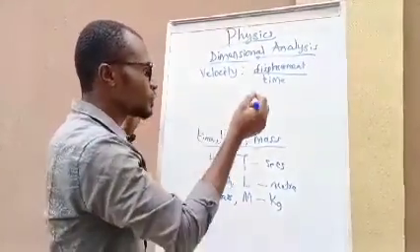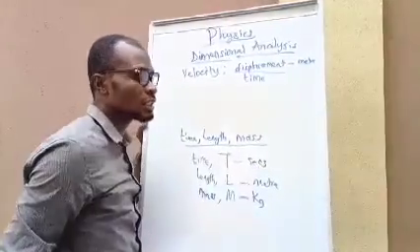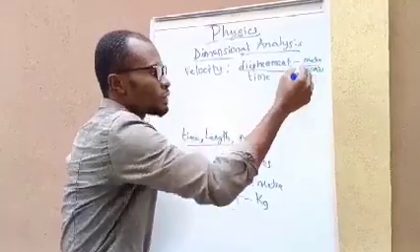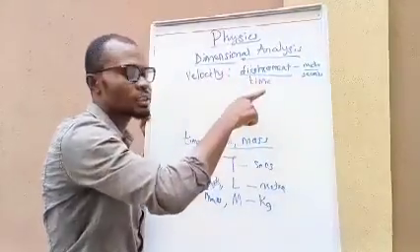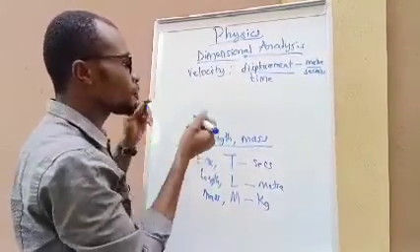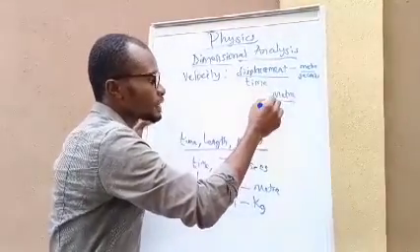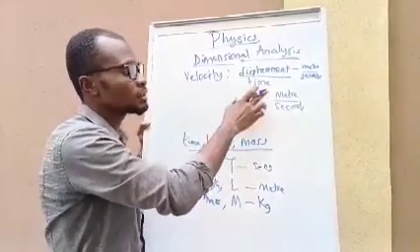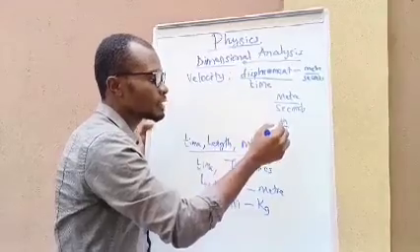Now, displacement, as you know, is just synonymous with length, and its unit is meter, and time is measured in what? Seconds. So knowing the unit is very, very important, is key, because if you do not know the units of these quantities, there is no way you'll be able to dimension that particular quantity. If the unit of displacement is meter and that of time is seconds, of course this establishes the fact that velocity is meter per second. We can easily write this as meter per second.